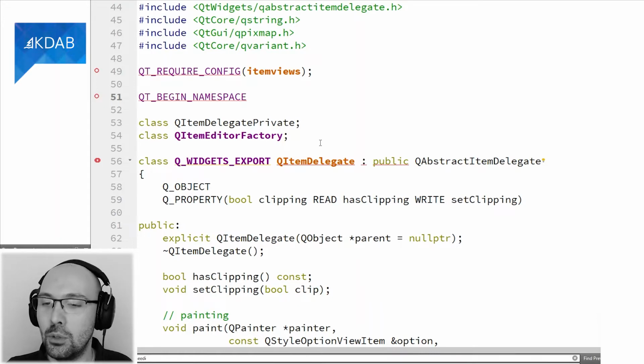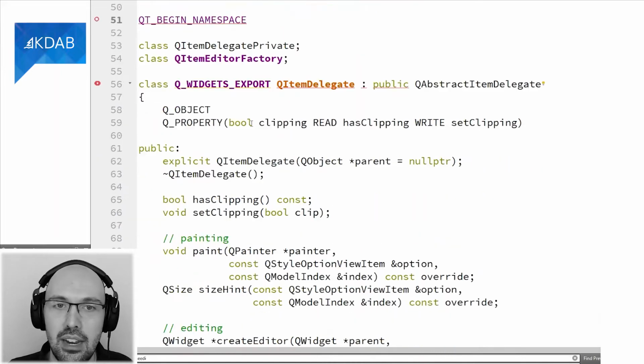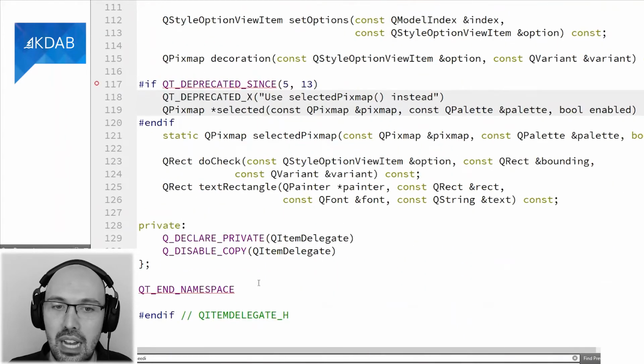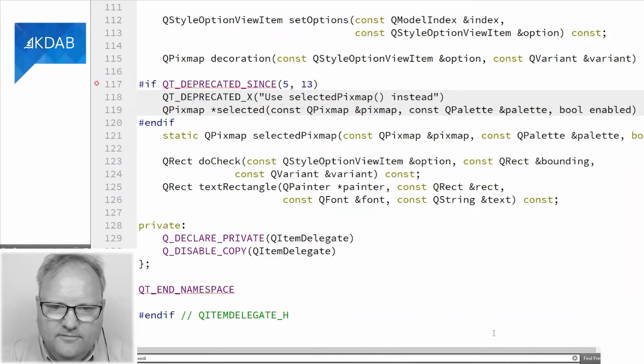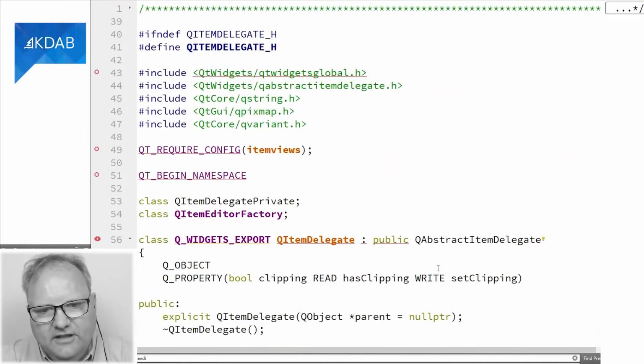But if you told Qt, please sit inside the namespace Qt6, Qt5, or whatever you want, this expands to namespace Qt6 curly brace. And clearly there is a matching one down here, QT_END_NAMESPACE, which is the closing curly brace. Fair enough. And if you scroll back up again, I see a class Q_WIDGETS_EXPORT.